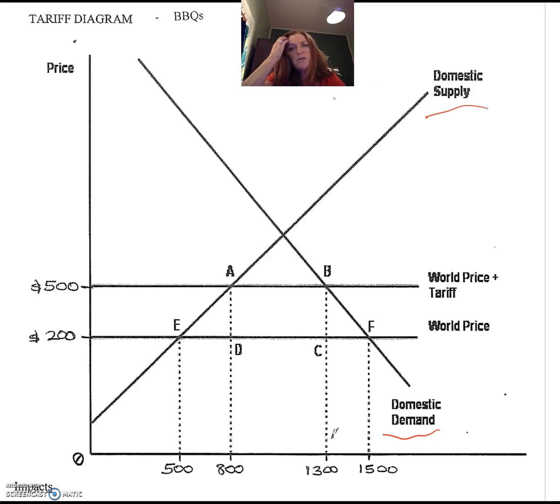So what that shows, if we just ignore the other lines on the graph for the moment, basically, if we had a closed economy with no trade at all, then you would simply have domestic demand and domestic supply interacting at equilibrium. You would have a price